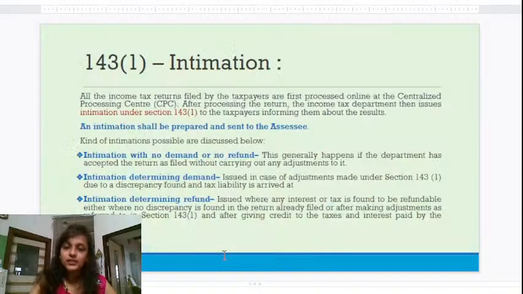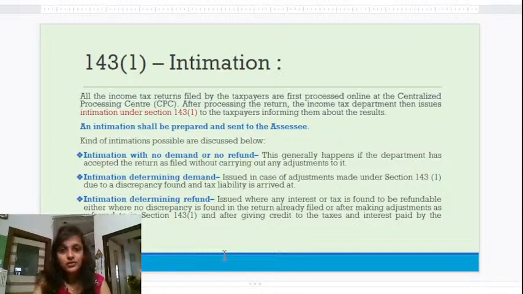Then the 143(1) intimation. All income tax returns filed by the taxpayer are first processed online. After online processing, if the income tax department finds any kind of mistake, they will issue the intimation under 143(1).